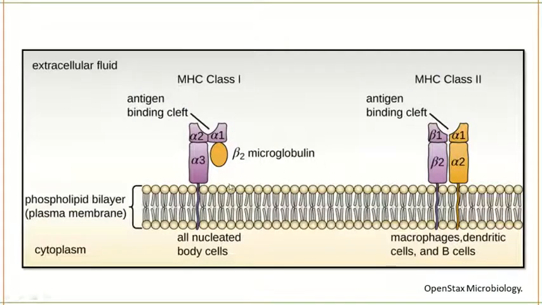The same diagram you can see here. MHC class 1 will have alpha 1, alpha 2 and alpha 3 subunits and beta 2 microglobulin. Through alpha 3 it will interact with the cytotoxic T cells, TC cells, and this region between alpha 1 and alpha 2 is the antigen binding region. And if you see MHC2 molecules, alpha 1 beta 1 region is the antigen binding region, and it has alpha 1, alpha 2 subunit and beta 1, beta 2 subunit. Beta 2 subunit is involved in the interaction with T helper cells.